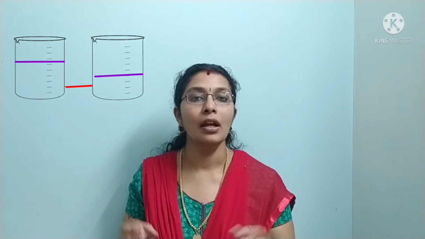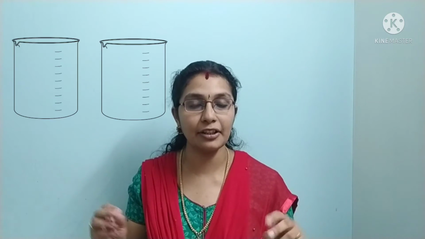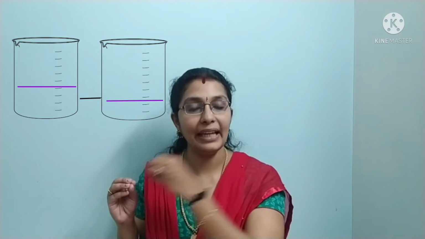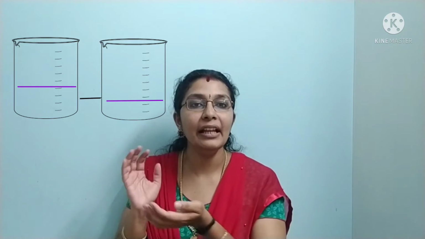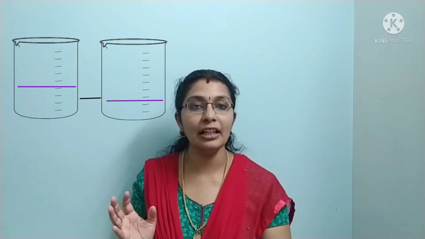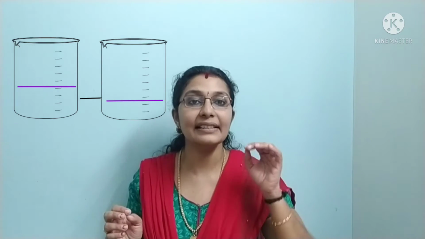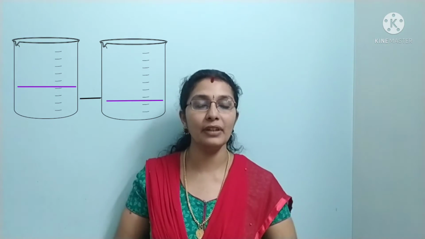Clear? Now let us consider second example, that is same beakers with connecting tube but with water levels as different. Okay, here we are going to take 75 ml and here 50 ml. Okay. Now what can you find? Still water moves from A to B. But only less amount of water moves from A to B. Right? Or in other terms you can say it as the potential to do the work in order to move the water from A to B is less when compared to that of first case.